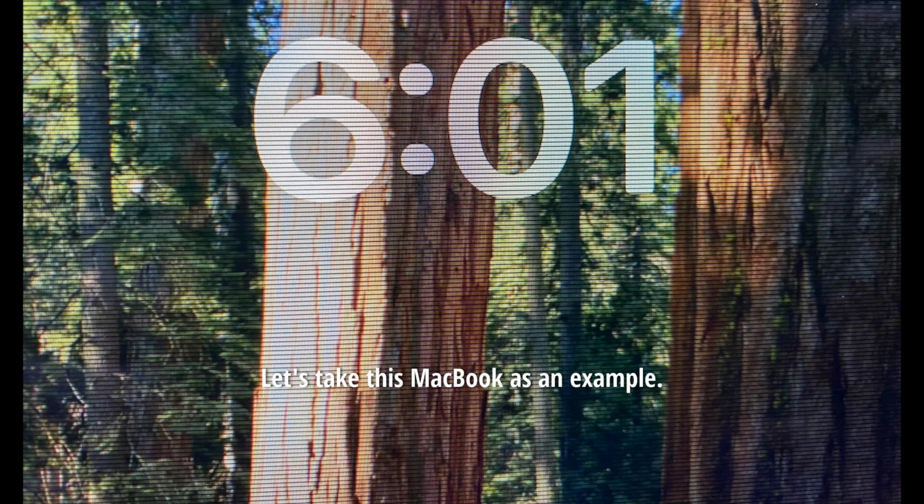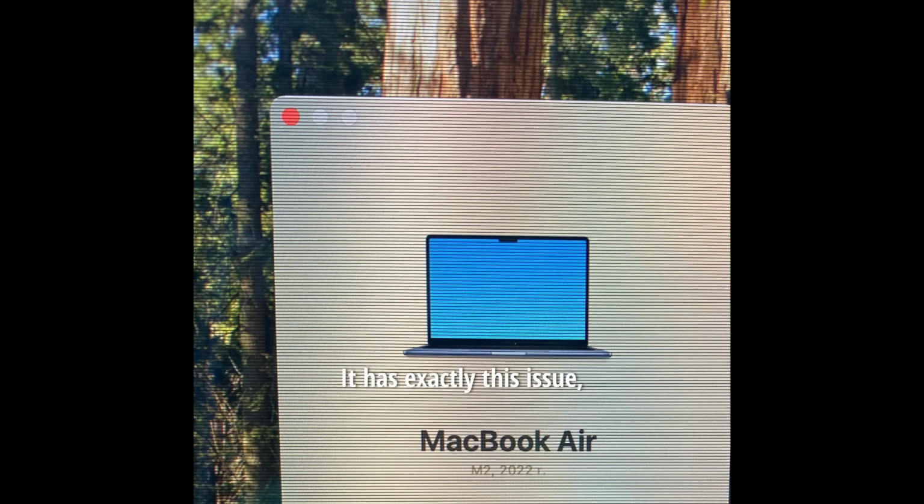Let's take this MacBook as an example. It has exactly this issue: horizontal lines across the screen. They're always visible, and they get in the way of normal use. These lines often appear after someone cleans the screen with a liquid, which seeps into the edges and reaches the